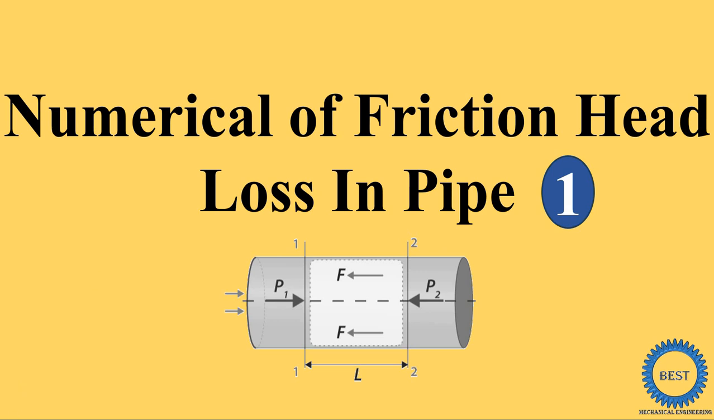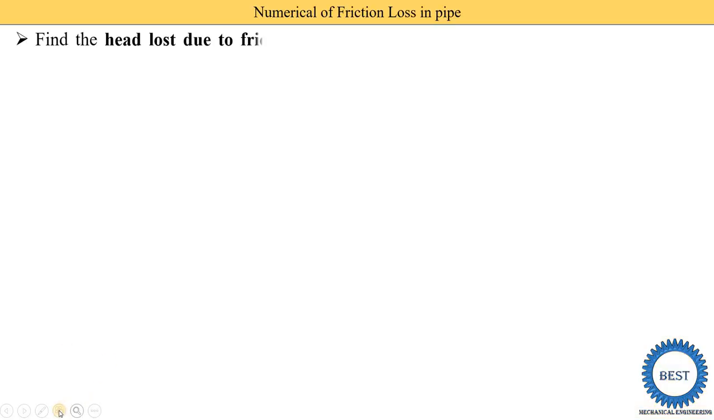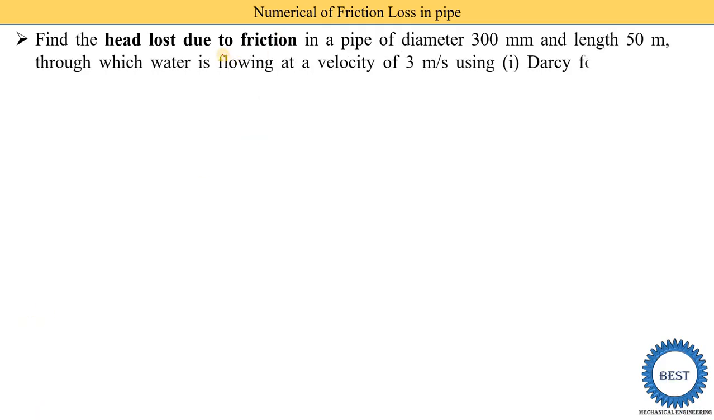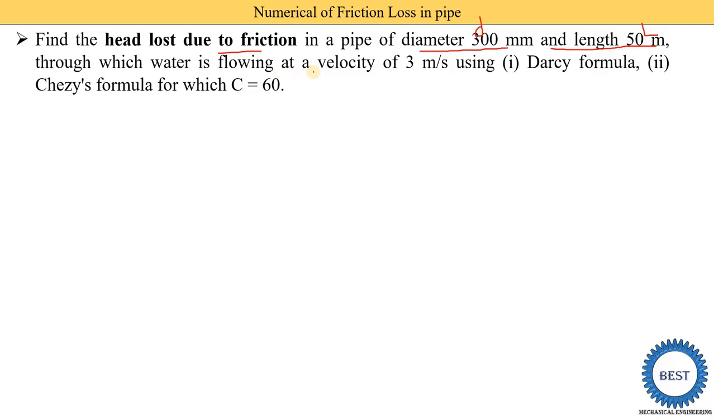In this video, we solve the numerical of friction head loss in a pipe. So first we understand the problem statement. Find the head loss due to friction in a pipe of diameter 300 mm, meaning D is given, and a length of 50 meter, so L is given, and through this pipe the water is flowing at a velocity of 3 meter per second, so V is given, and we need to find out the head loss by using the